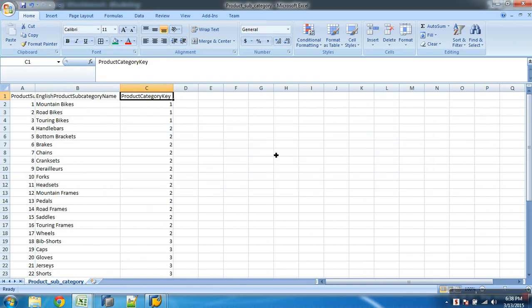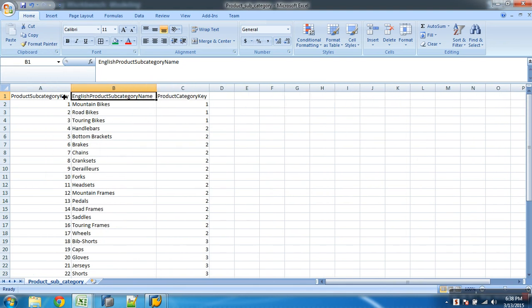Is it possible to incorporate hierarchy like this? Okay, now this column, English product name. I got a file with the product subcategory key, and I've got a description. I want to send this description to a text table. And this subcategory belongs to which product category, that will be an attribute.